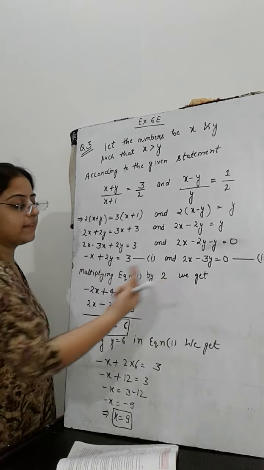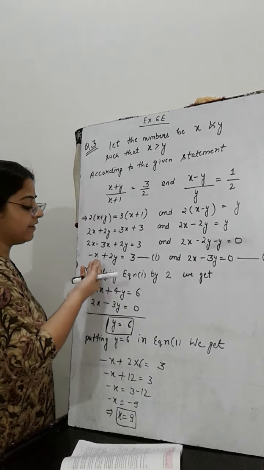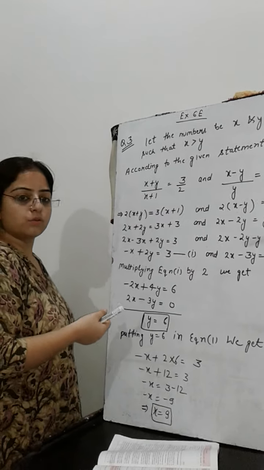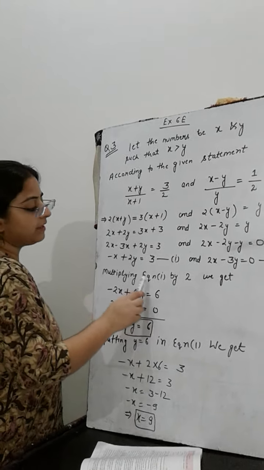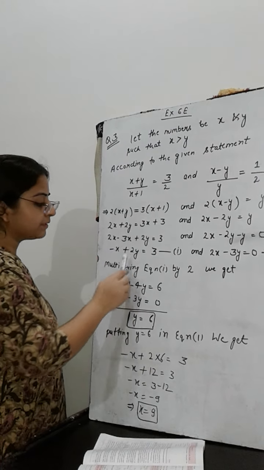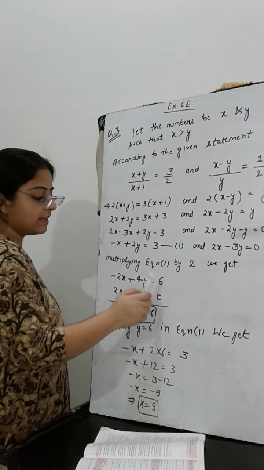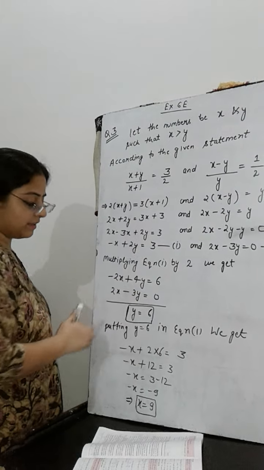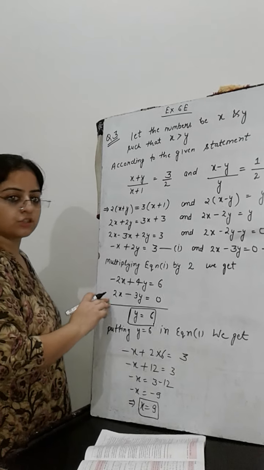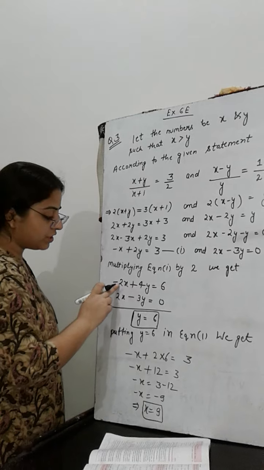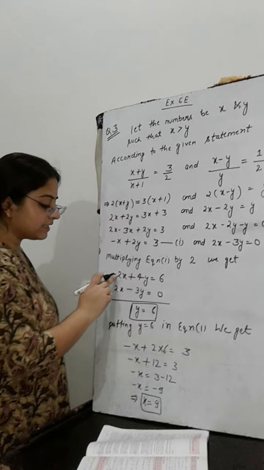Now we will apply the elimination method for finding the values of x and y. Elimination method of equating the coefficients. So multiplying equation first by 2, we get minus 2x plus 4y equal to 6. अब हम क्या करेंगे, सेकेंड इक्वेशन को इस वाली इक्वेशन में से सब्ट्रैक्ट कर देंगे. We will add these equations, we will not subtract it, we will add them because coefficient of x are same